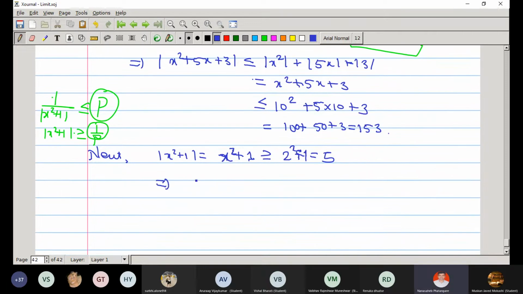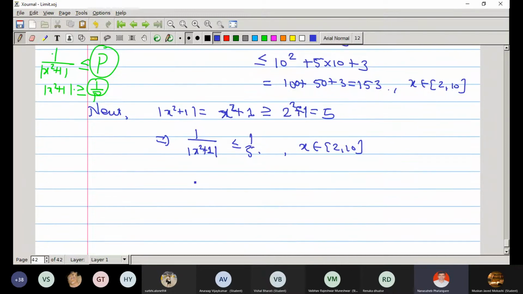right? Therefore 1 upon x square plus 1 is less than or equal to 1 by 5. This is for x in 2 to 10. So if you choose any x between 2 to 10, the absolute value of x square plus 5x plus 3 is less than or equal to 153, and this next. So therefore